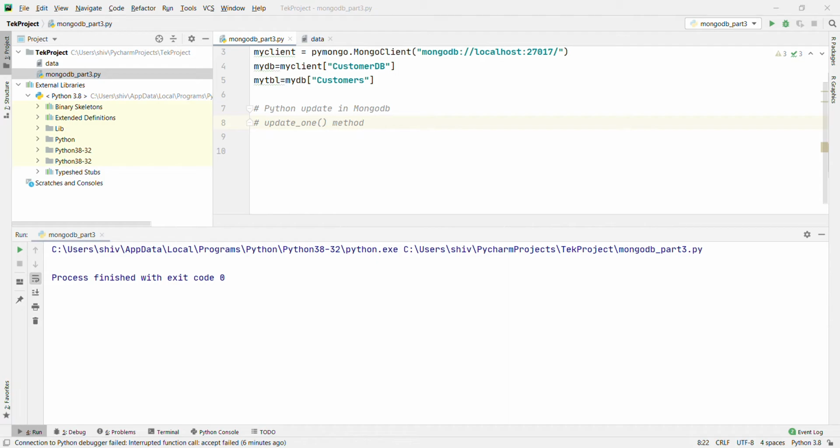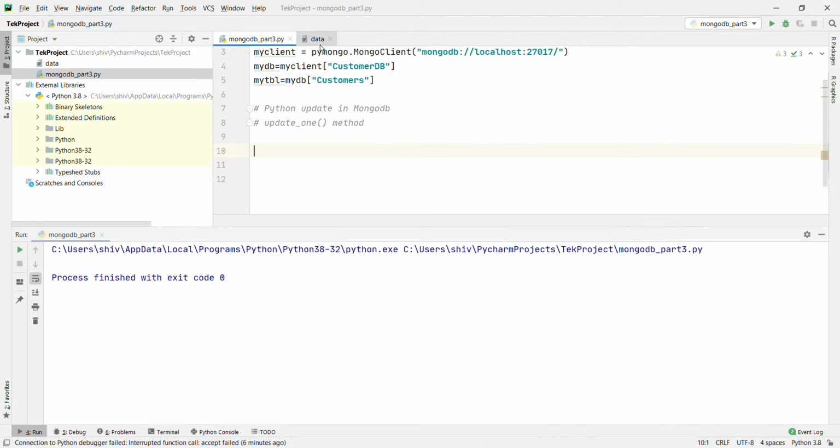That is notable. If the query finds more than one record, then only the first occurrence is going to be updated. And the second parameter is an object defining the new values of the document. Now we don't have any data, right? Before updating, we are going to add data into a table, because we deleted even the table, meaning the collection. So now we are going to insert the data into the tables.